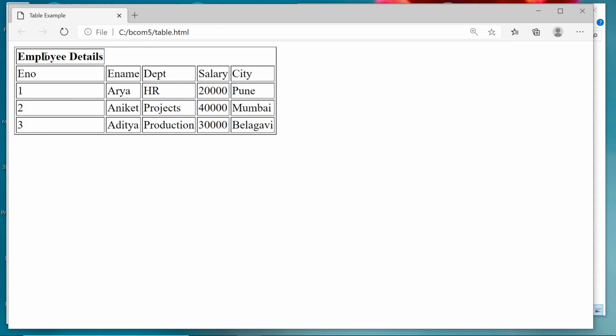But the table heading has to be spanned for 5 cells horizontally. In that case, for the th tag, we have to use the attribute colspan equals 5. 5 indicates the first column, second, third, fourth, and fifth. And here we can see the title, table example.